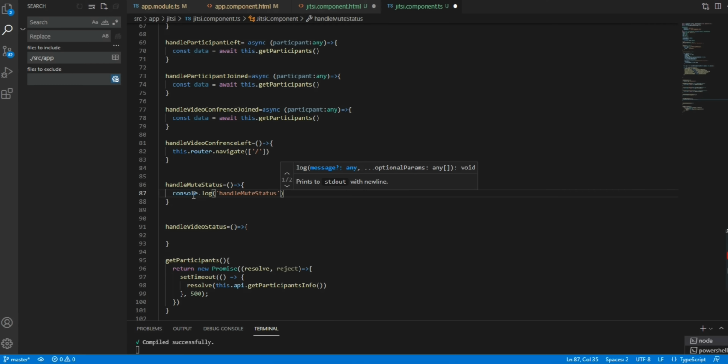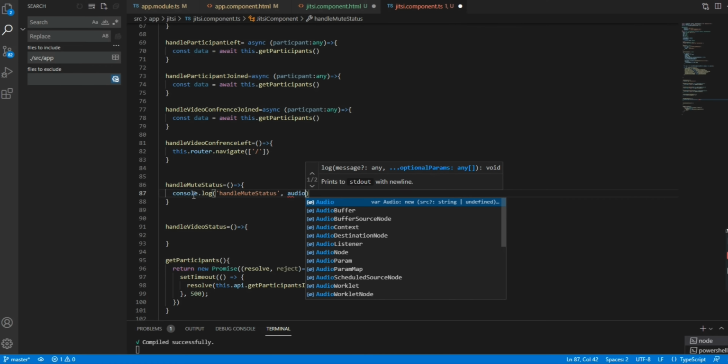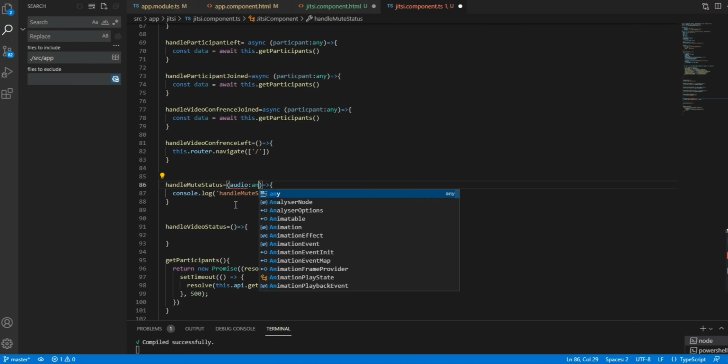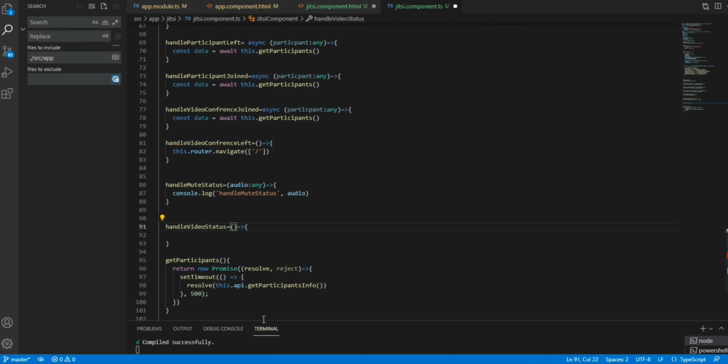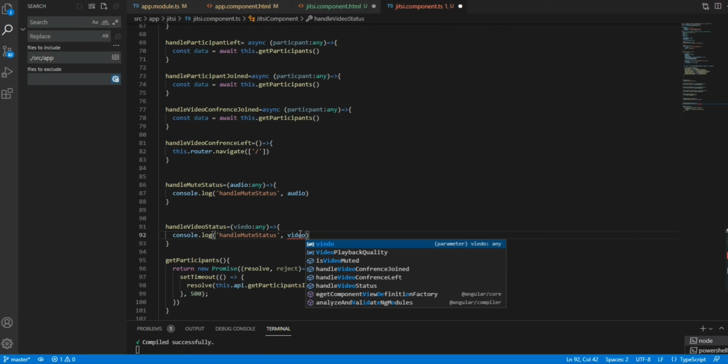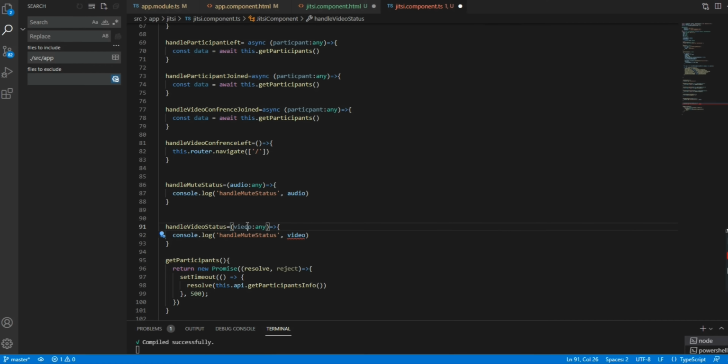Here we can write console.log for the status, and for mute status, comma audio. I think we don't have audio, right? We are sending this as an event of any.